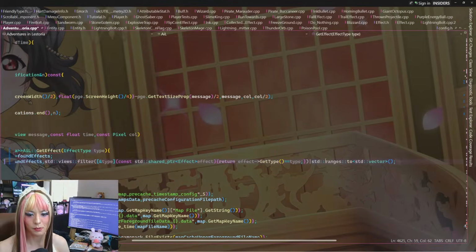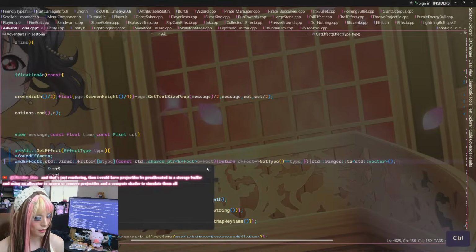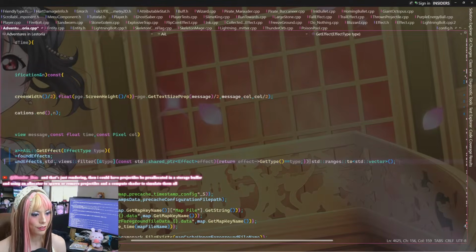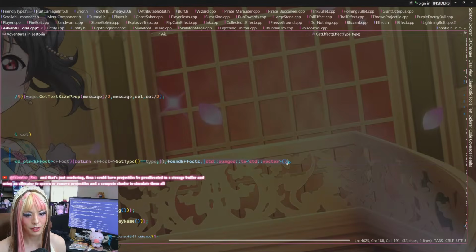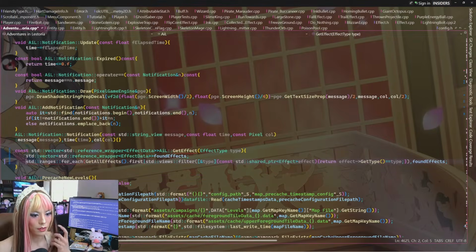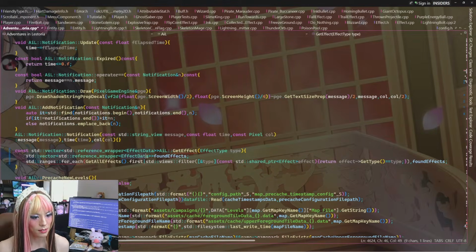Doesn't really matter. It results in the same thing, but I just like to have the filter up front instead of doing the condition in the lambda. So it would look more like that. And then this can go away. And that needs to now be effect data.